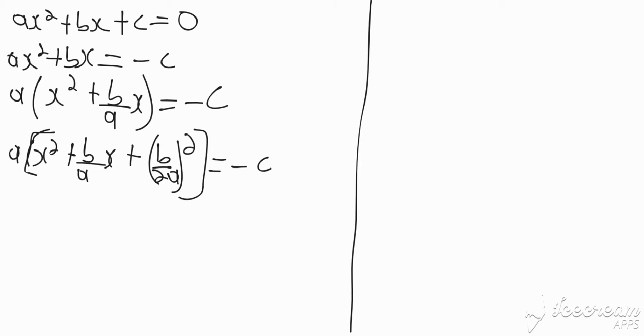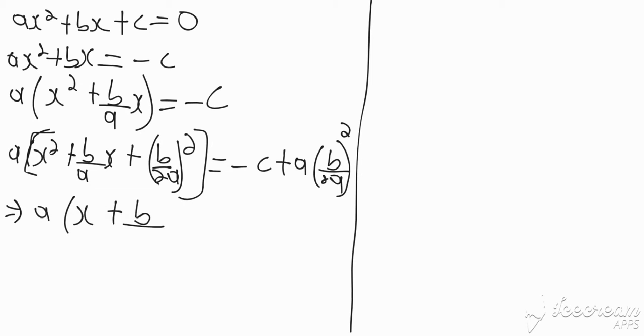Now inside the bracket we add b over 2a all squared. But bear in mind that the entire bracket is being multiplied by a. So I'm going to have to add a times b over 2a all squared as well outside. The bracket is now a perfect square, so this becomes a into x plus b over 2a all squared equal negative c plus a times